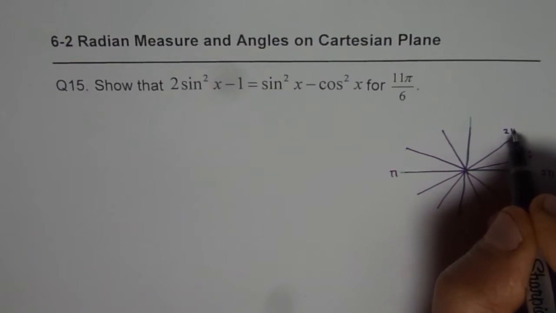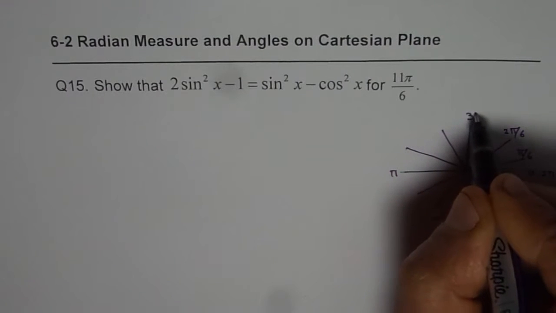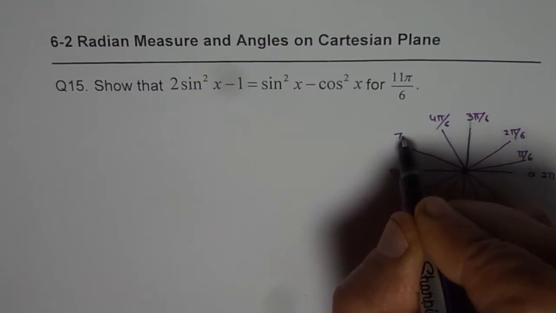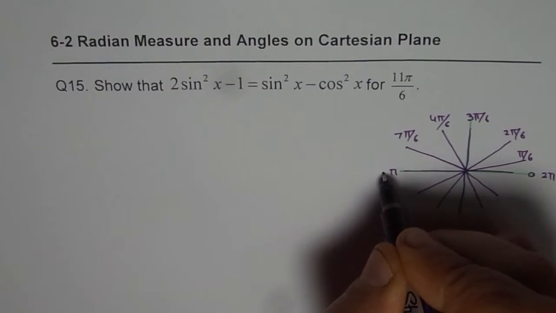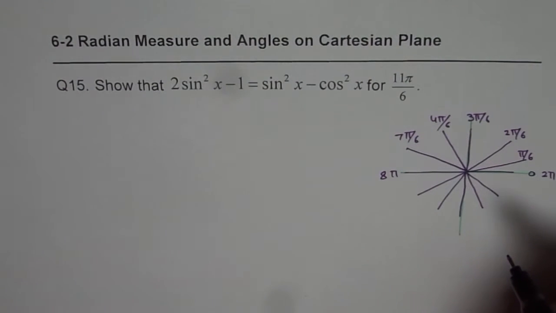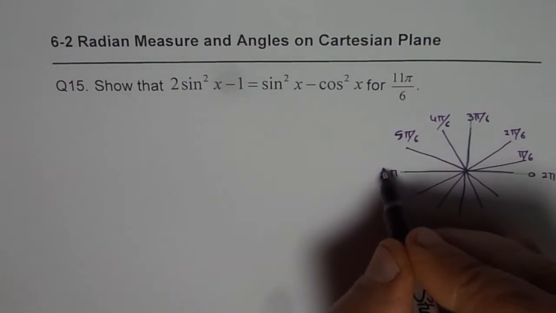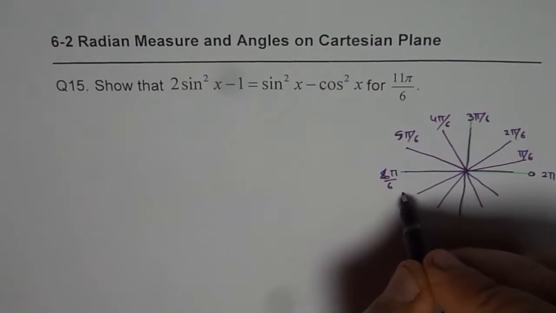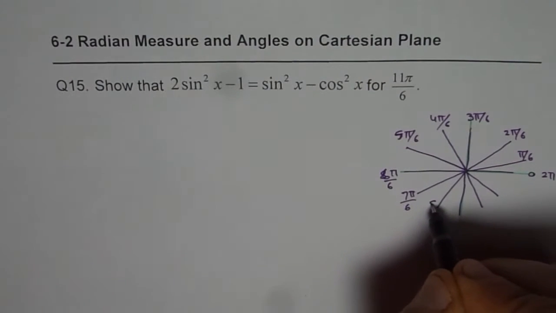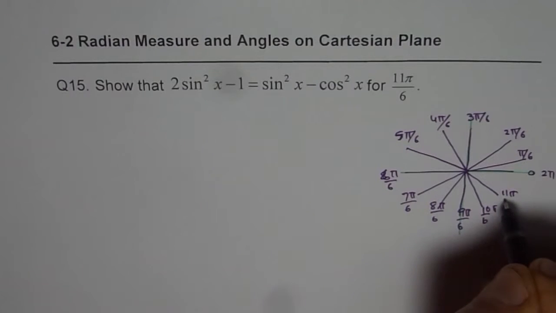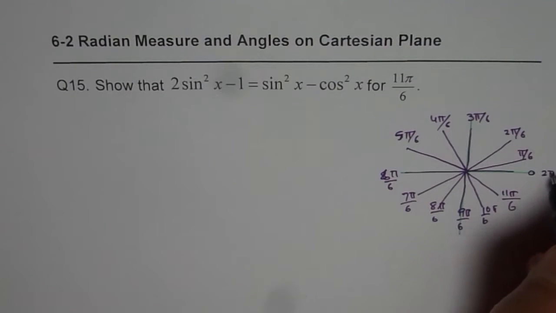This is 2 pi by 6. This is 3 pi by 6, 4 pi by 6. Assume they are all equal, right? 5 pi by 6, 6 pi by 6, 7 pi by 6, 8 pi by 6, 9 pi by 6, 10 pi by 6, 11 pi by 6,